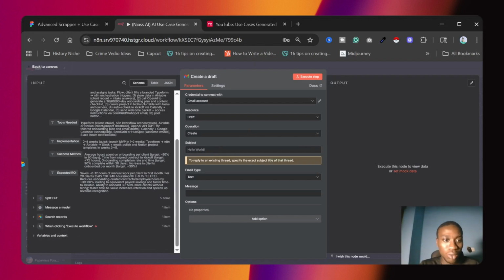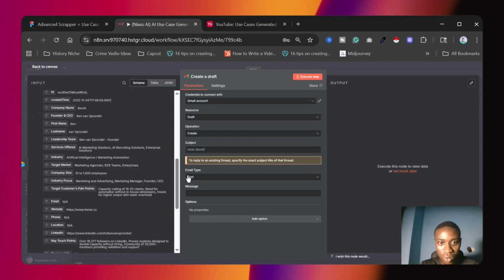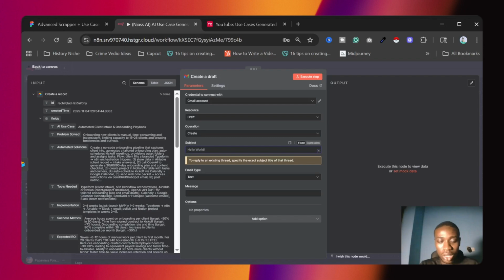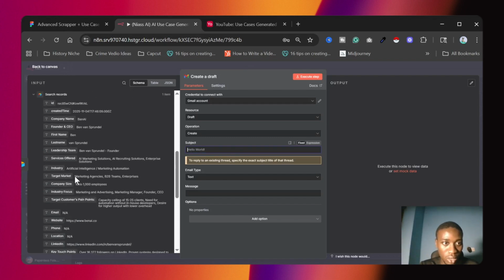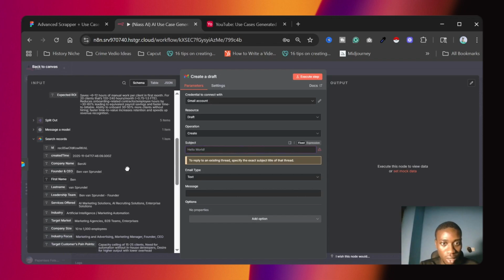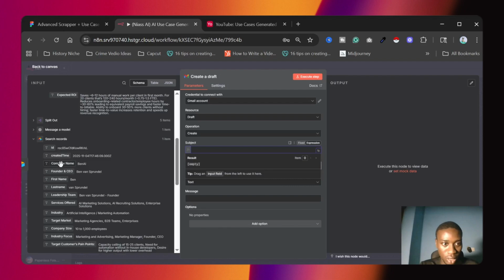So remember in the script information, we got the name. I can say AI use cases. Hey there, here is the AI use case for your business. Let's turn this to an expression if you want to bring in this kind of thing.